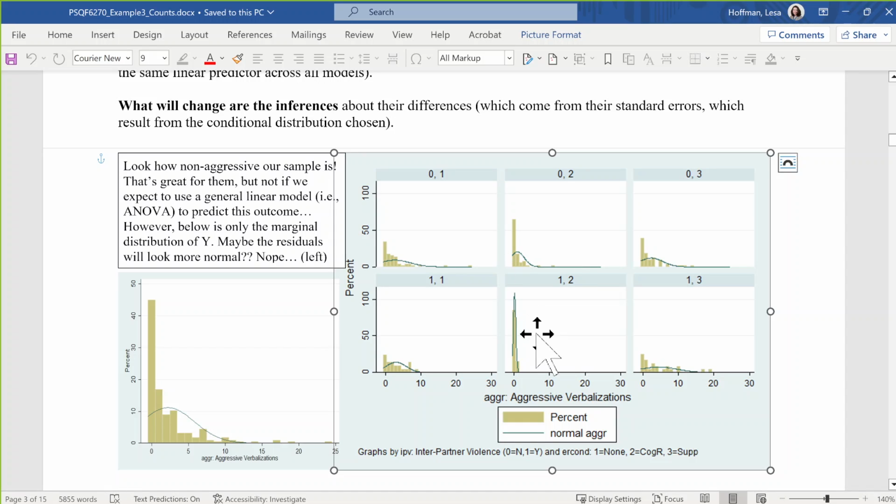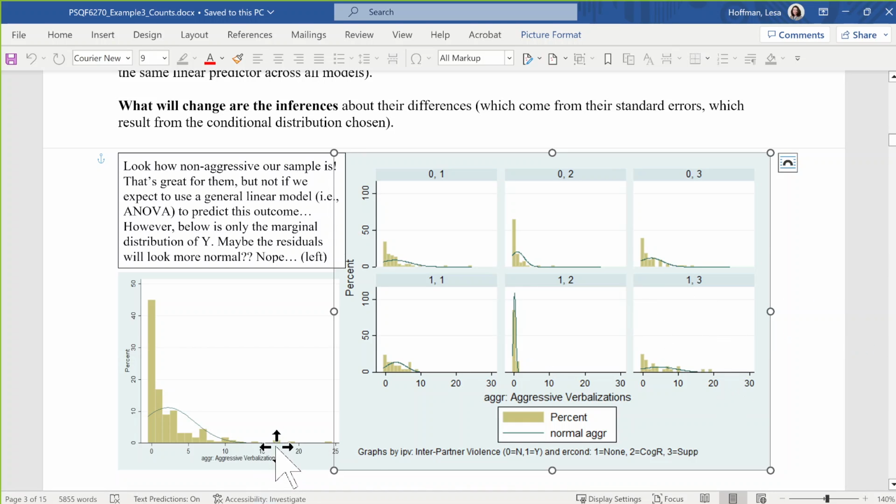So particularly down here, there's only answers of 1 or 2, versus in some of the other conditions, the count goes up much higher. So not only do we have different means across conditions, but we have different amounts of variability. So we need some kind of non-constant variance model to address this. And we can see to what extent Poisson and negative binomial or some other options will do a good enough